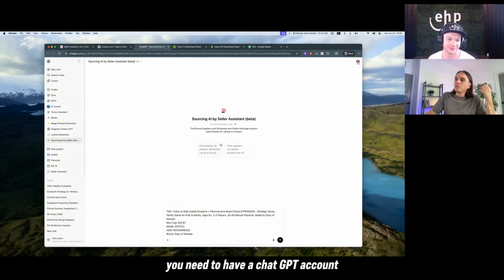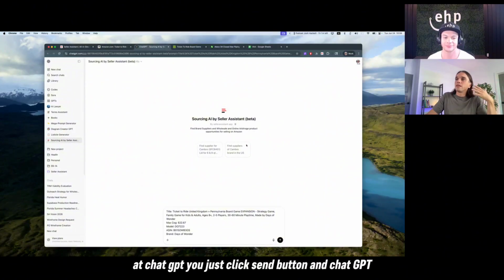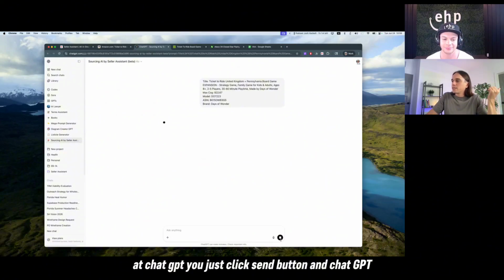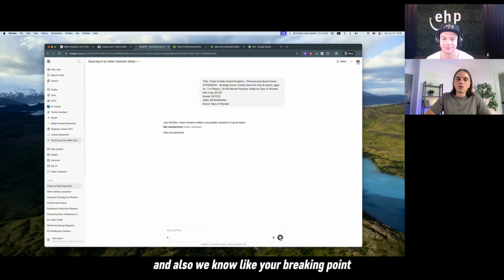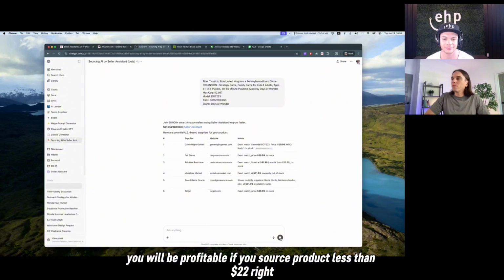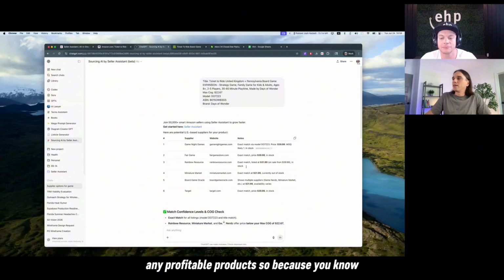ChatGPT. You need to have a ChatGPT account, and you bring all the information about the product to ChatGPT. You just click the send button, and ChatGPT looks for a supplier for this product for you. And we also know your break-even point. You will be profitable if you source the product for less than $22, right? Awesome. But ChatGPT just Googled for that and did not find any profitable products